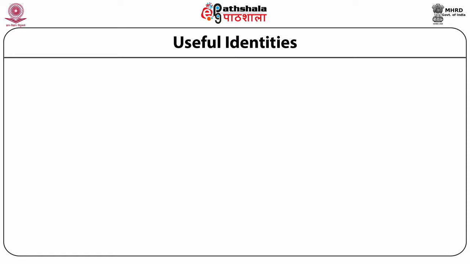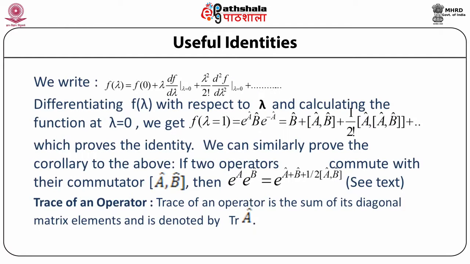Useful identities. Now, in order to prove the relation mentioned above, let us consider the expression f as a function of lambda, which is given by e to the power lambda times operator a, operator b, e to the power minus lambda times operator a. Now, using the Taylor series expansion for the function f as defined above, we write f of lambda is equal to f of lambda equal to 0 plus lambda times df by d lambda at lambda equal to 0 plus lambda square upon 2 factorial d2 f by d lambda 2 at lambda equal to 0